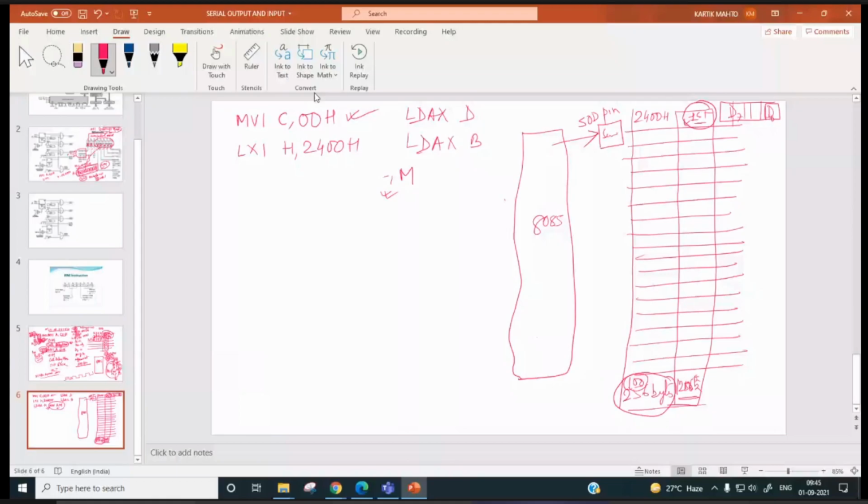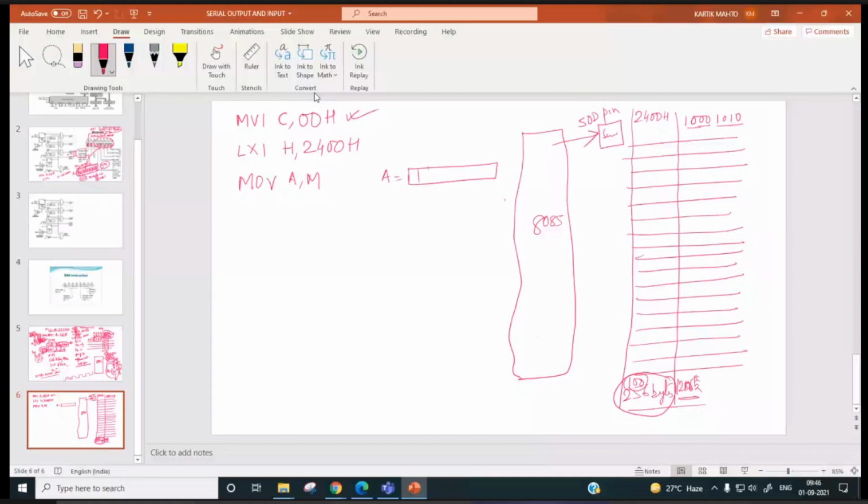So what will happen after this? Suppose that at 2400 we have 1000 1010. This data we have. So in the accumulator, what will be the data after move A, M?